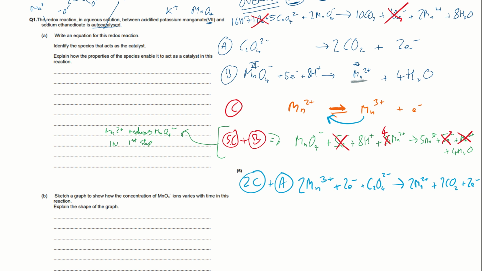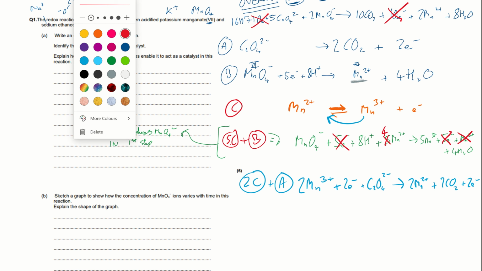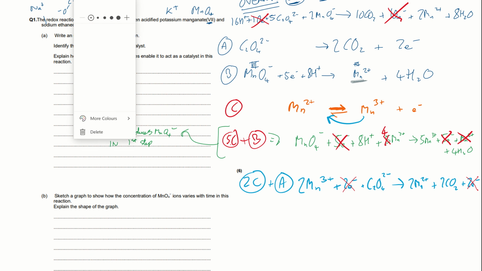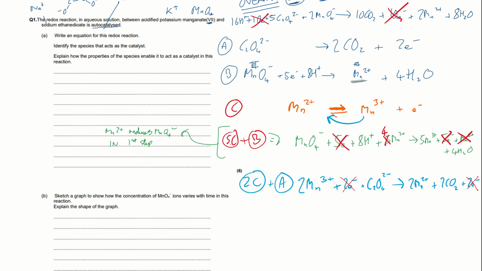So as always, electrons should cancel, because that was the whole point in us choosing these coefficients, the cross multiplication method, and then we just need to check that I've got nothing else. Now, Mn3+ is not the same as Mn2+, so they don't cancel. C2O4 2- is not the same as CO2, so that doesn't cancel either. And check the charges: 2 times 3+ is 6+, minus 2 is 4+ overall, whereas 2 times 2+ is 4+ with nothing else, so that's all good. So your wording for the wordy bit here is,